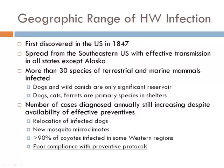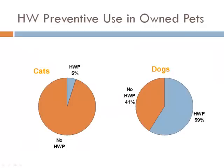Even though we have excellent preventives available that are essentially 100% effective, there's a large number of pet dogs that are never receiving adequate prevention. This is a chart from a couple years ago that shows the percent of dogs and cats that are on prevention. These are pet dogs, and this is in the Gulf Coast area. And so 41% of dogs in the Gulf Coast receive no prevention at all, and the vast majority, greater than